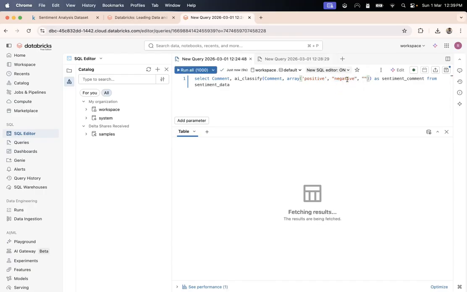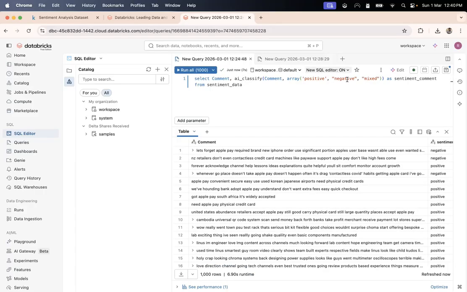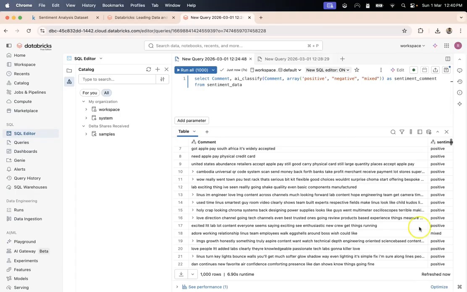Somehow when I did mixed, I thought it supports only two labels. No, I don't think so. Let it run. Okay, I got it. I might have forgotten the comma. Now it's working. So this is how we use AI_classify.